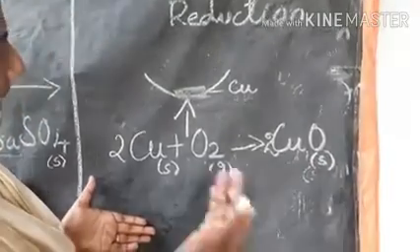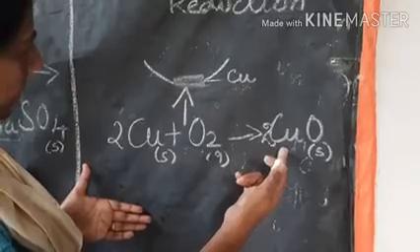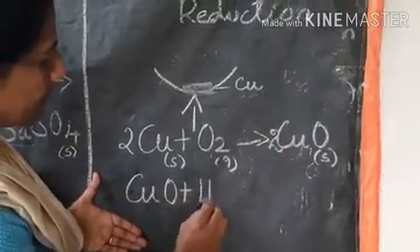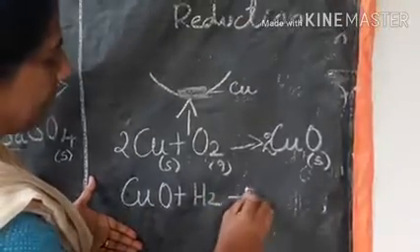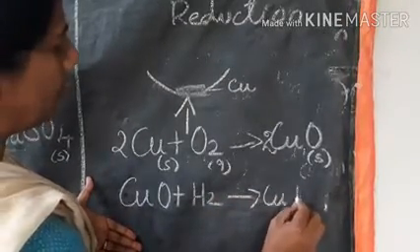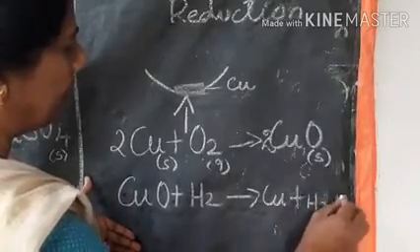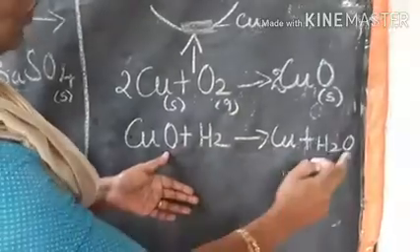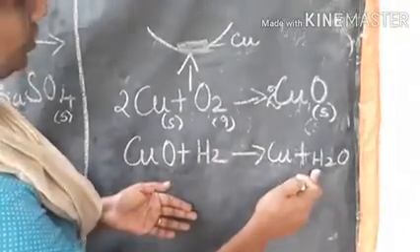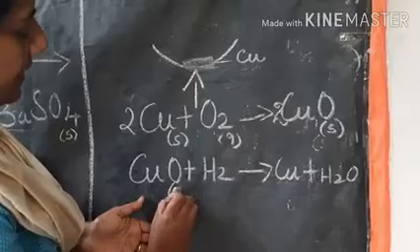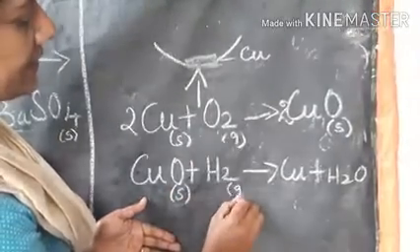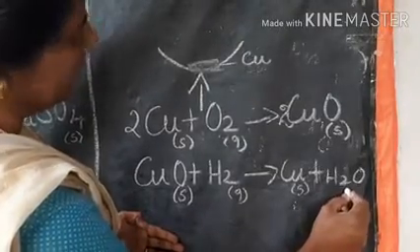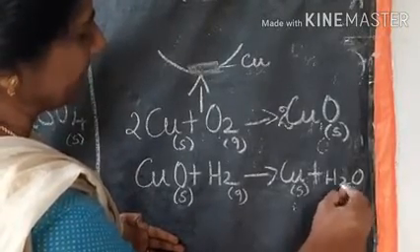Okay, we can get back copper once again if hydrogen gas is passed to this copper oxide, we get Cu plus water. Okay, balance the equation. Cu 1, Cu 1, O 1, O 1, hydrogen 2, hydrogen 2. Equation is balanced. Here state is solid and this is gas and this is solid and this is escaping in the form of steam. So it is gaseous form.